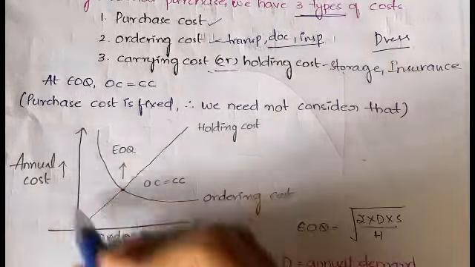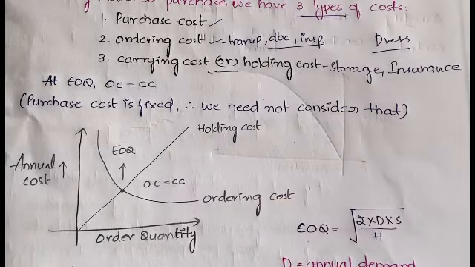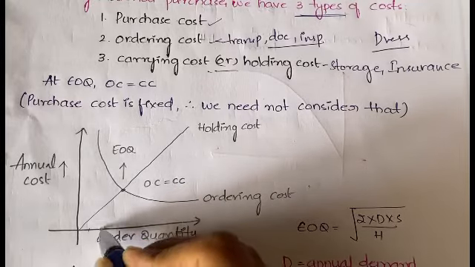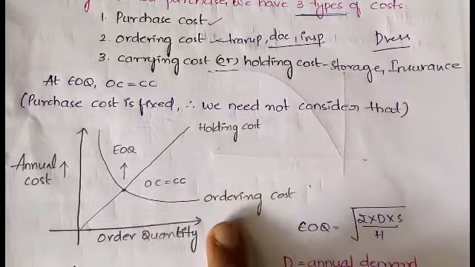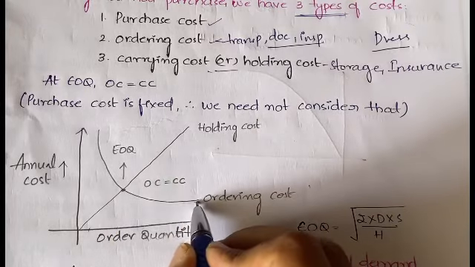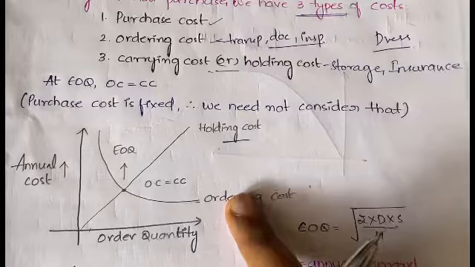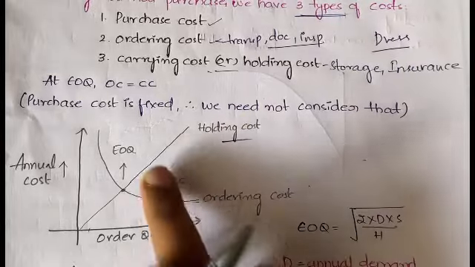So you will be drawing a graph, plotting the ordering cost and also the holding cost. Done? So for 1 unit how much, for 2 units how much, for 3 units how much, like that you will be plotting a graph. This is the order cost curve and this is the holding cost curve. The point where the order cost and the holding cost both meet is called the